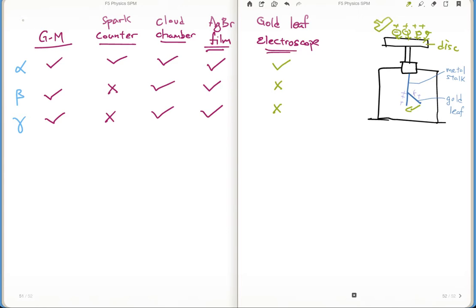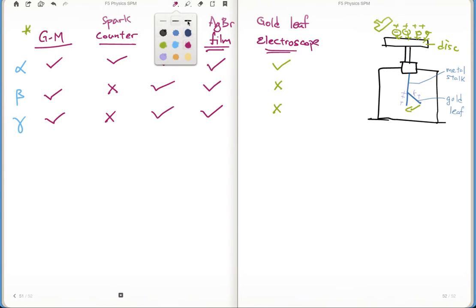But most of the time, the Geiger-Muller tube would be the tool that you use to detect radioactive elements, the presence of any radioactive element, by detecting the energetic particles. So I'll leave it to you to go through your textbook to look at how the spark counter and the cloud chamber work. Cloud chamber also very much depends on the ionizing effect, and